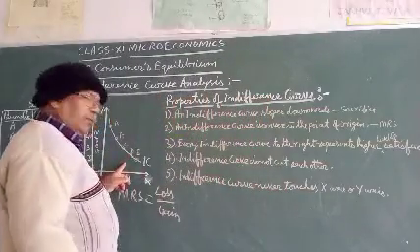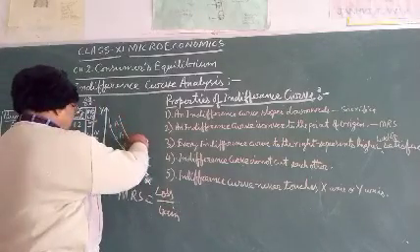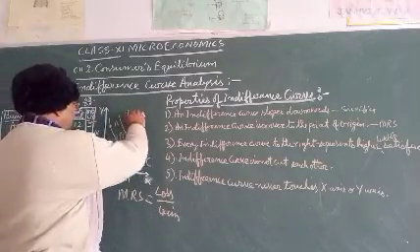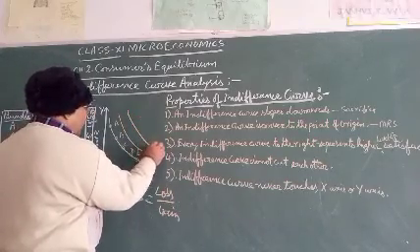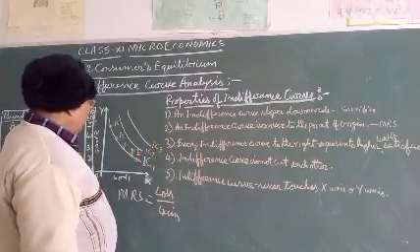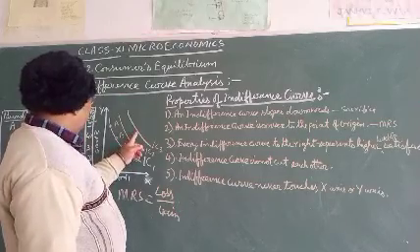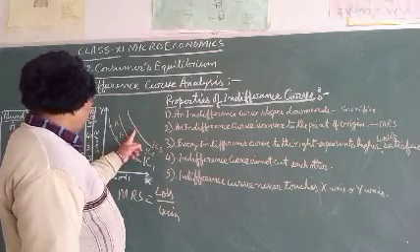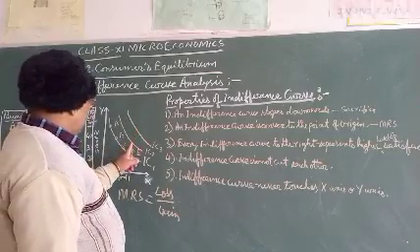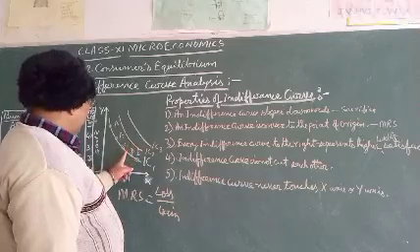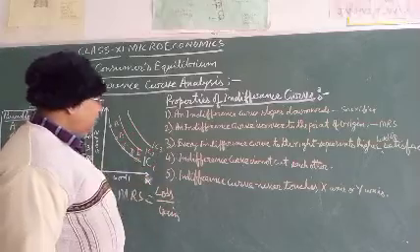And the third property: every indifference curve to the right represents a higher level of satisfaction. On this graph, if we move upward, we get another indifference curve like this. This is IC1, IC2, IC3. So the consumer will get higher satisfaction at a higher curve. He will get maximum satisfaction at IC3 and less satisfaction at IC2 and less satisfaction at IC1.